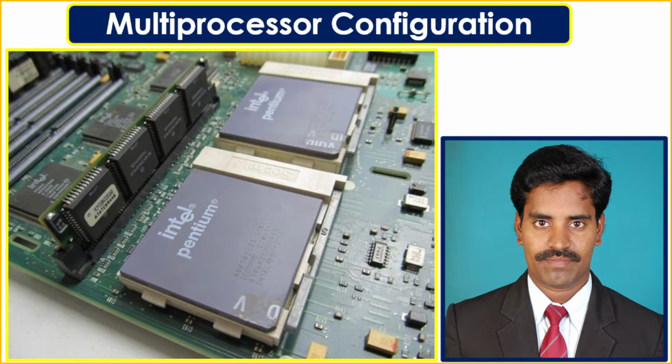So in that case, we are going for multiple processors in a single system with the 86 microprocessor, because in this series we are discussing the 86 processor alone. That's why the next topic is this multiprocessor configuration. Let's move on to the content today.